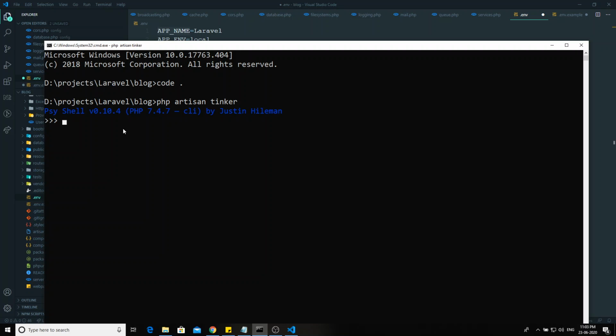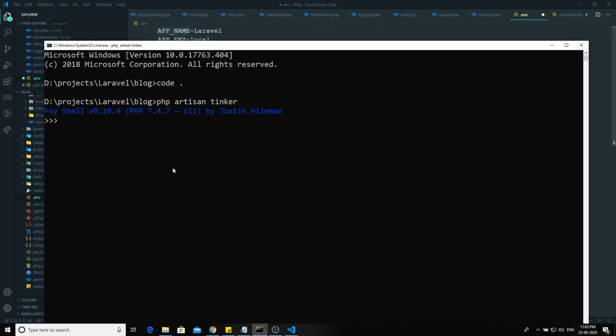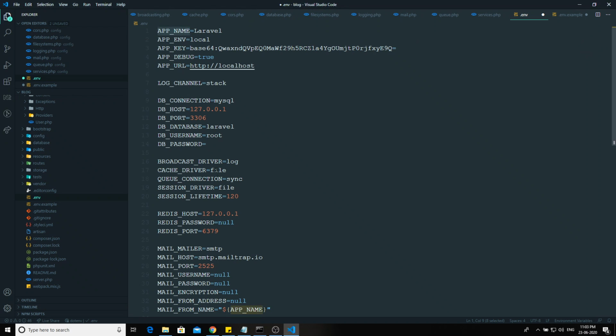Here, if you want to access this placeholder anywhere in the project, you can access it through env. So you can write APP_NAME, and you will get Laravel. For example, if you use APP_DESCRIPTION or anything, you will get null, because APP_DESCRIPTION is not present here.